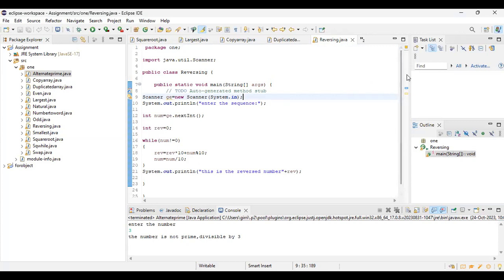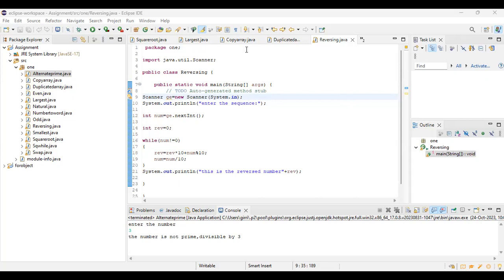So this is Neelaveni, and I'm going to share the solutions for these assignment problems on Java. The first program is